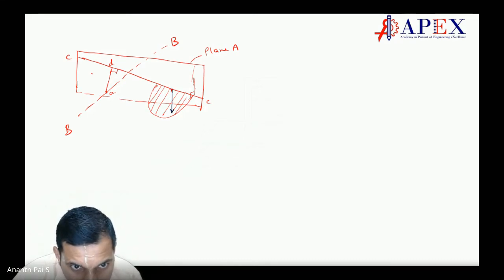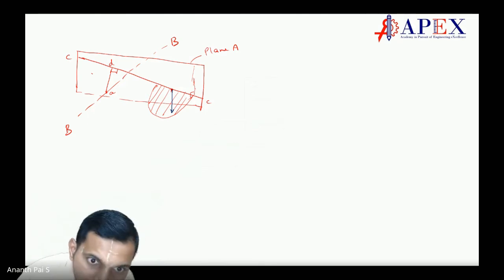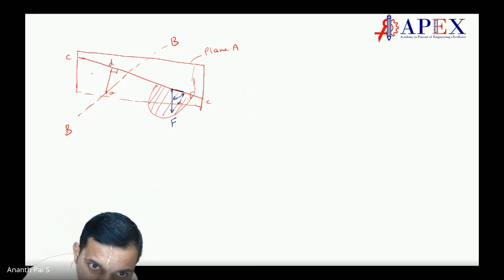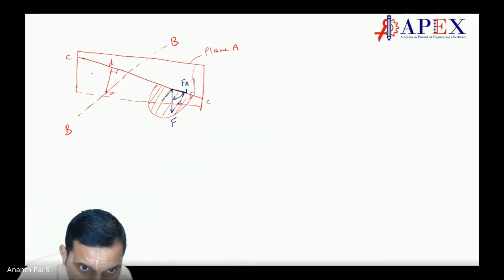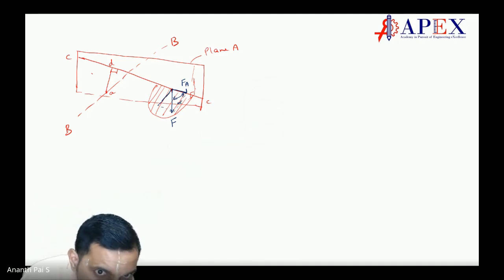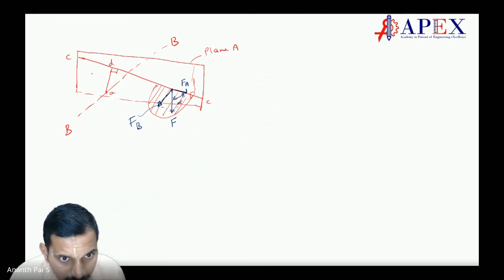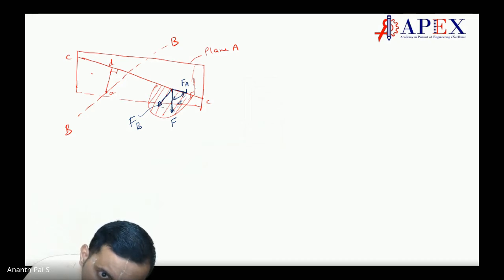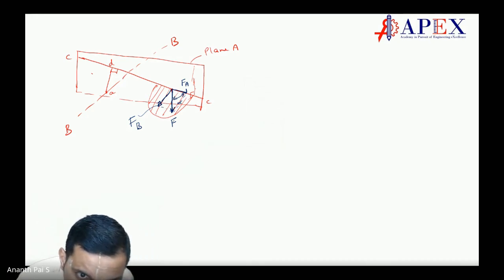There is a force here on this plane which is perpendicular, and on that plane we have this angle alpha. So we have this as F, and then here this one would be, say, plane FA, along FA. Another one, the component of this force, here it is FB. This is FB. Now if you want to take the moment of this force F, we have to take the moment of this force F